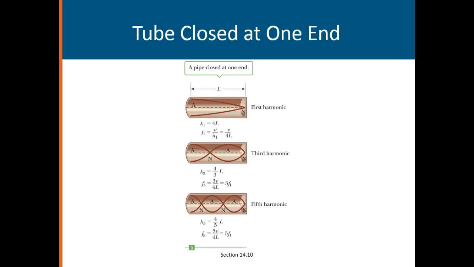The 5th harmonic, or 4th overtone. This would be 2nd overtone. Okay? So when you're closed at one end, you can only have odd number of harmonics. And then there's one complete wave, and then 1/4 of another wave. So 5/4 of a wave is that length, so the wavelength is 4/5 of that length. Okay? And the 5th harmonic is 5 times the first